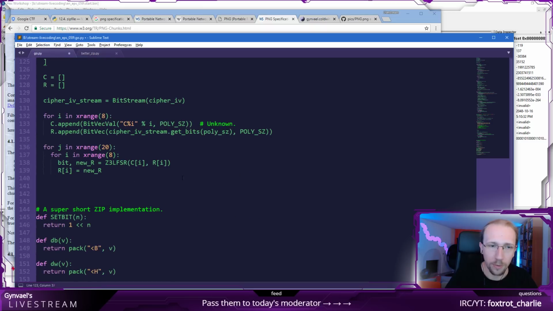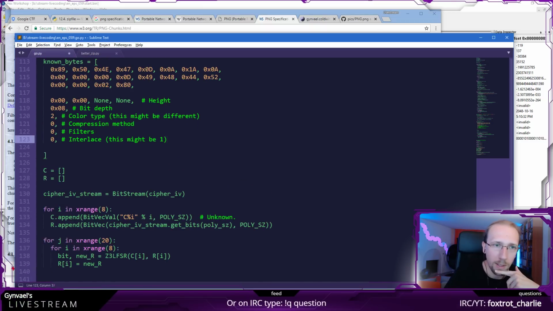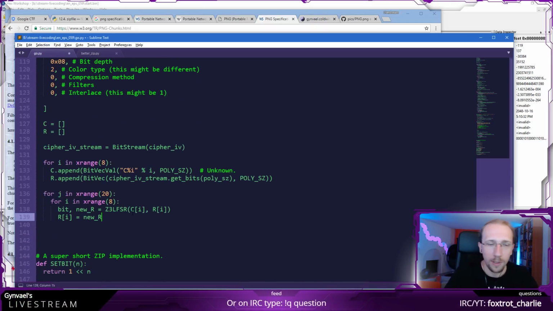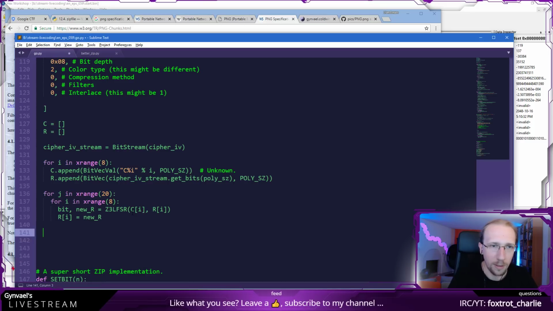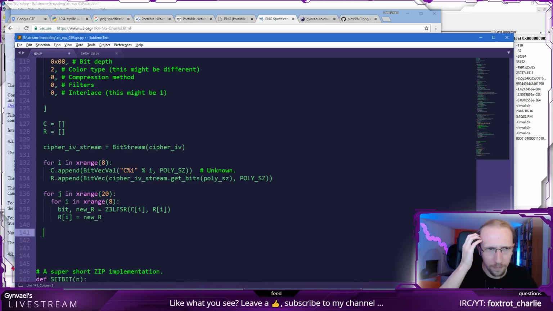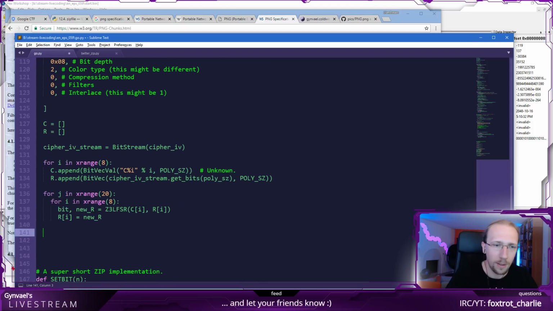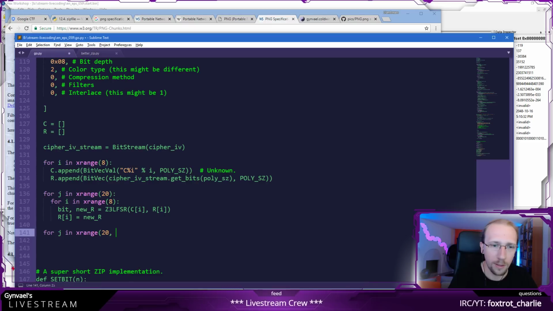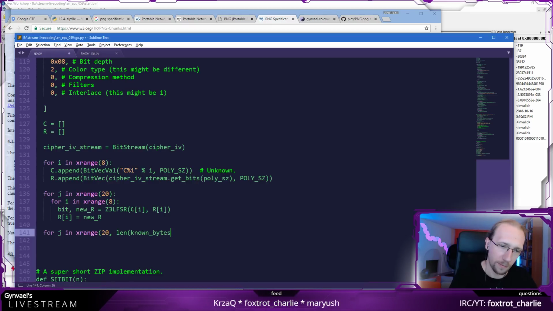For now, what I'm going to do here is basically do it like this. For j in xrange of 20 and length of the known bytes.